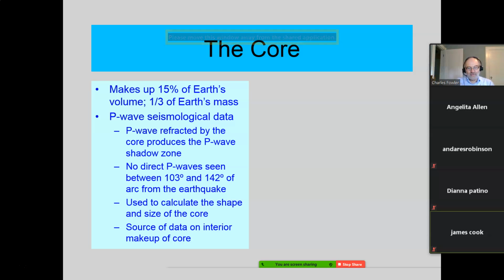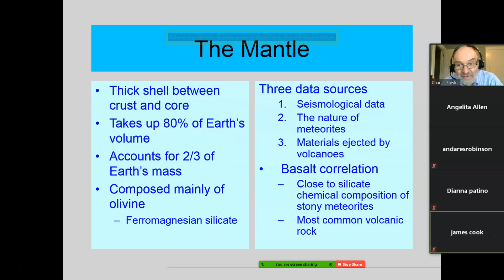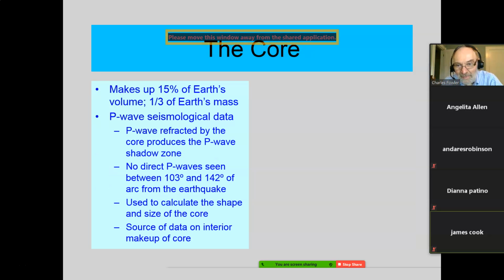Now, what was the percent mass of the mantle? About 2/3 of the Earth's mass. The core makes up about 1/3 of the Earth's mass. What does that mean? That means the crust, that little bitty thin crust out there, is negligible compared to the other two. It makes up a fraction of a percent, probably less than 1%, probably less than 0.5%. Otherwise, you would see it. So these are approximate numbers.